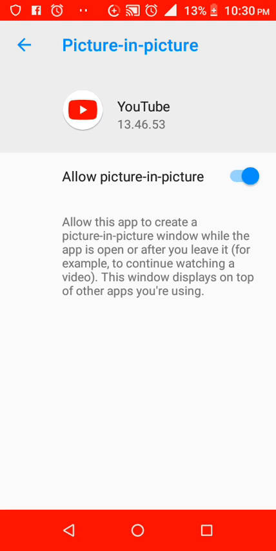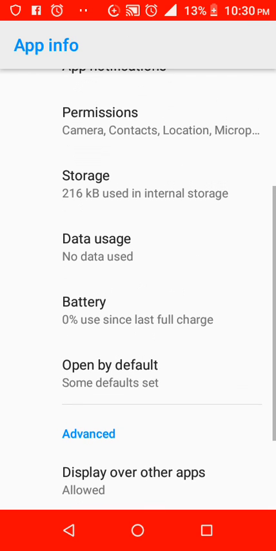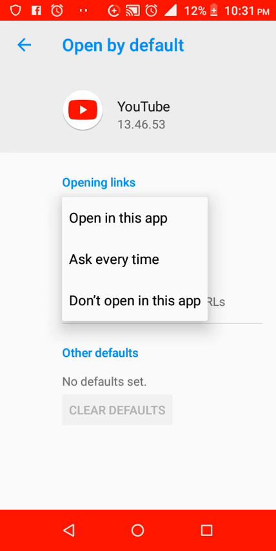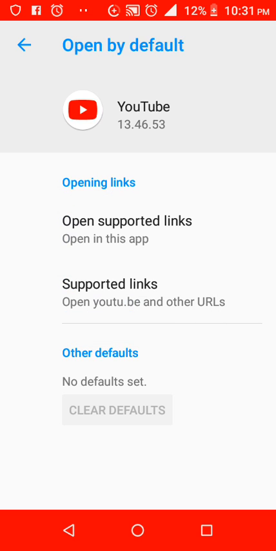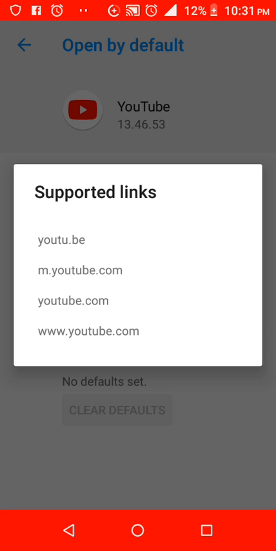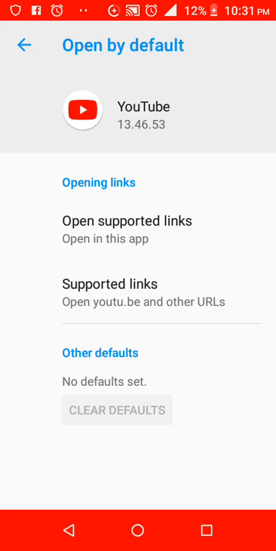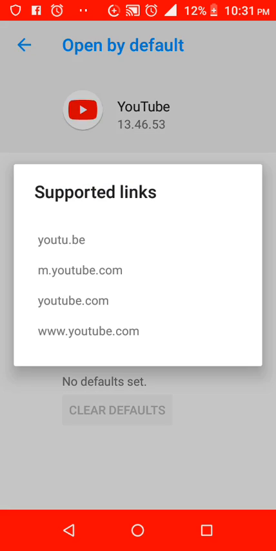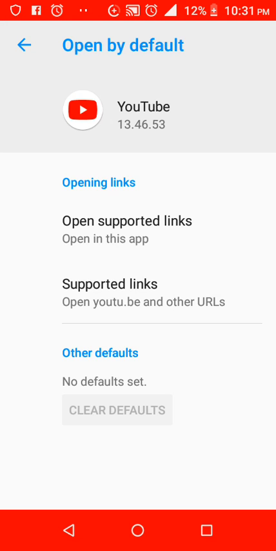picture in picture, allow it. Open by default, open in supported links, open this app, supported links, youtube.com. Yes, then